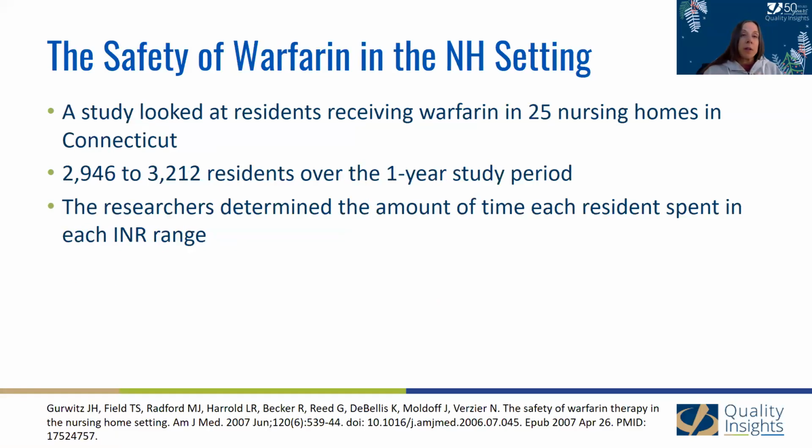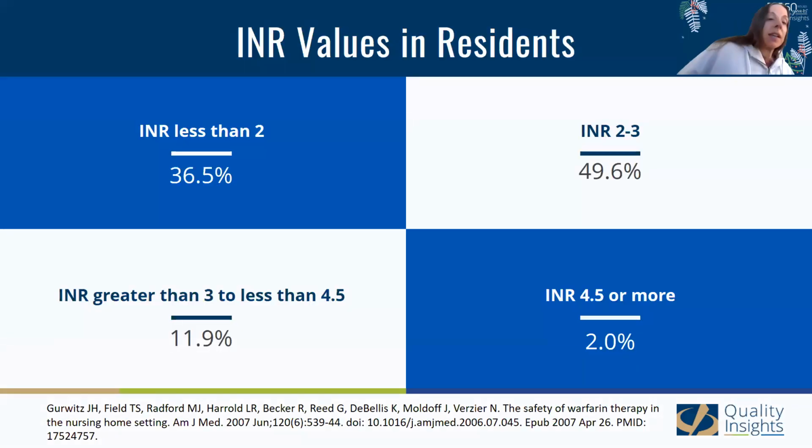So when we look at Coumadin or warfarin in the nursing home setting, there was a study that looked at residents receiving Coumadin in 25 nursing homes in Connecticut. A large number of residents, about 3,000, and they looked at the INRs of these residents over a 1-year period. And they determined the amount of time that each resident spent in each INR range. The therapeutic range for the INR in these individuals was 2 to 3. So as you can see, a good amount of time, 36.5% of the time, residents spent with an INR of less than 2. So this significantly increased their risk